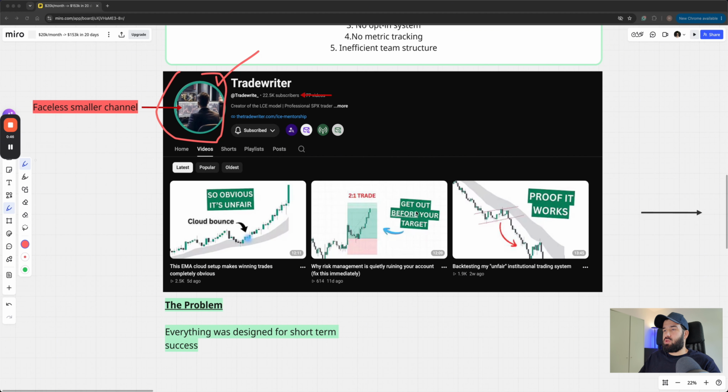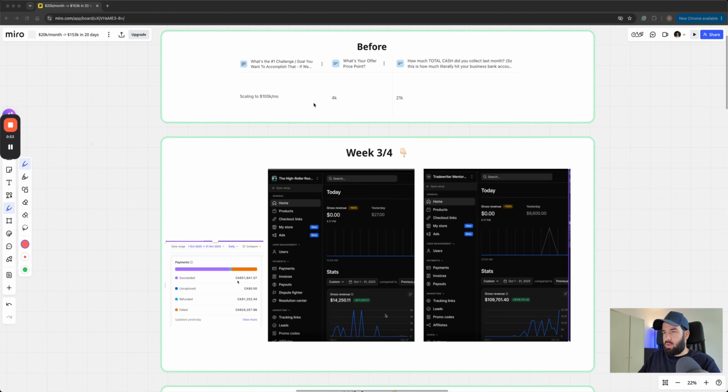And just to show you proof, this is the client onboarding form. As you can see, he only made 20K the previous month before working with me, and his price point was 4K.